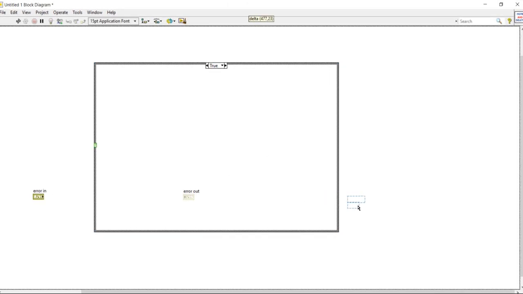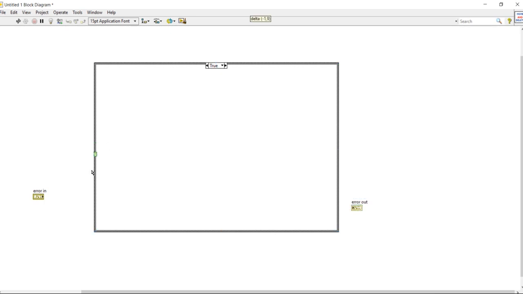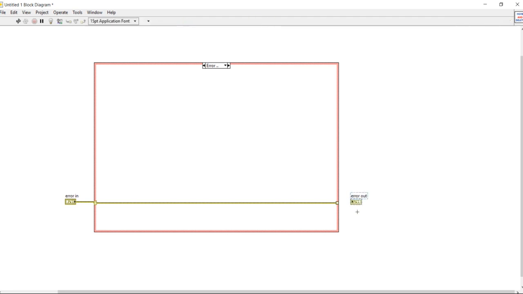Now again come into the block diagram and connect your error in and error out like this. Come into the error case, just pass your error out. Now come into the no error case.